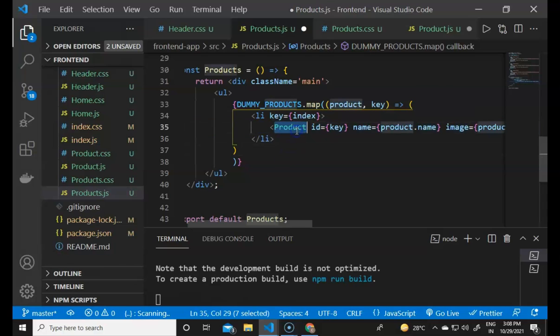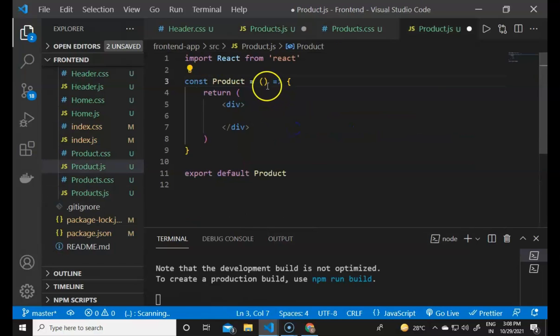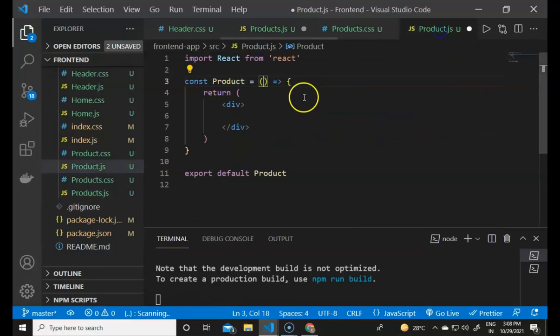So then we have to build this product component now. We have to go to the product component, and I just received the props here. The props are given from the products.js file: some ID prop, the name prop, the image. So we have to get those here also. Now in the function parameters we have to define the props. It will contain the props, and then the products also. Now we have to define every product here.